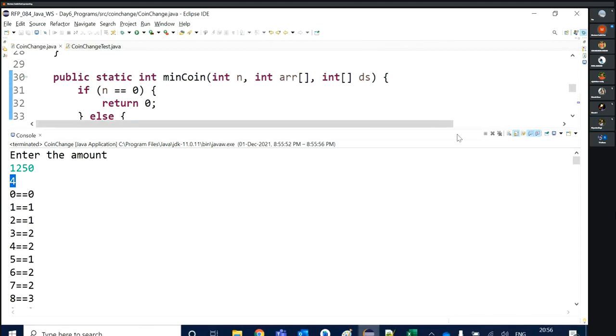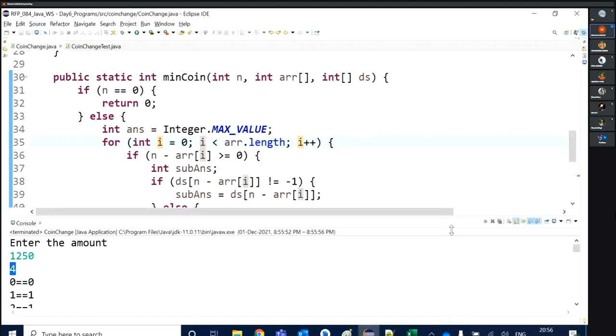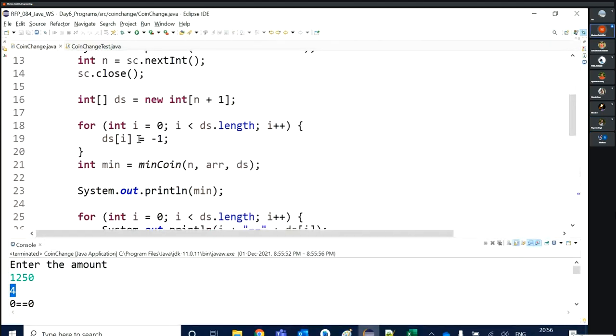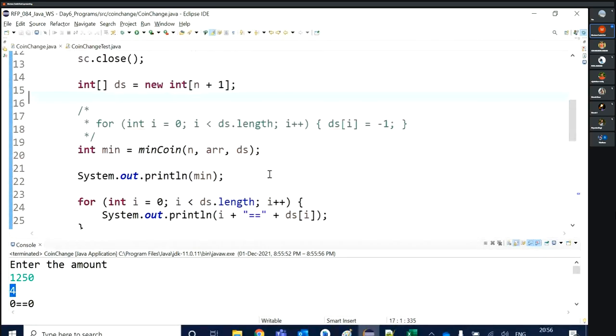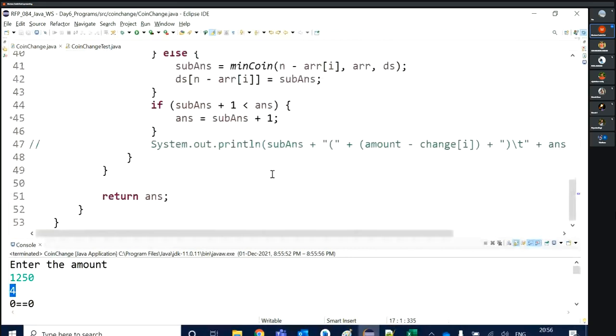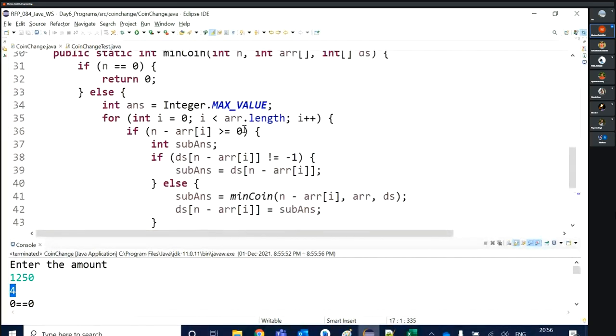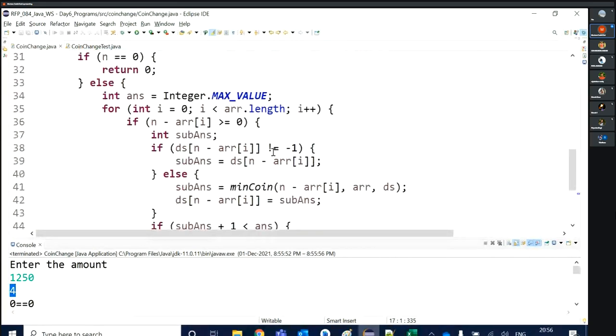Now, someone has the doubt why we are filling this array with -1. Okay, let me comment it and let me give the condition here with not equal to 0.